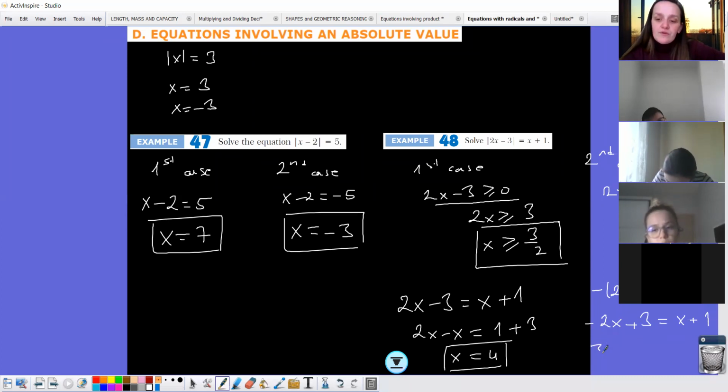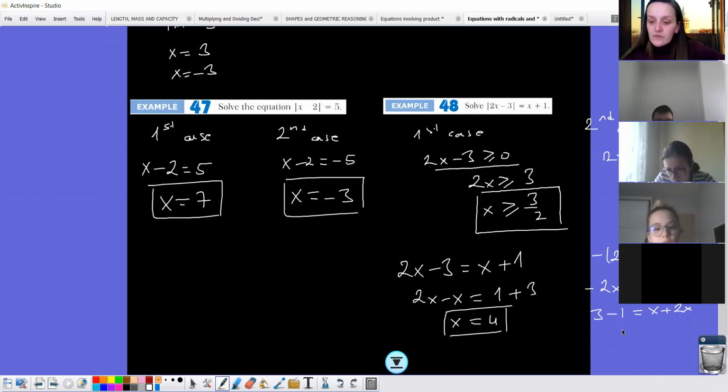Minus 2x plus 3 is equal to x plus 1. Then I will take 3 minus 1 is equal to x plus 2x. And then we will have, less than 1 minute we have, 2 is equal to 3x. X is equal to 2 over 3. Here we are saying that